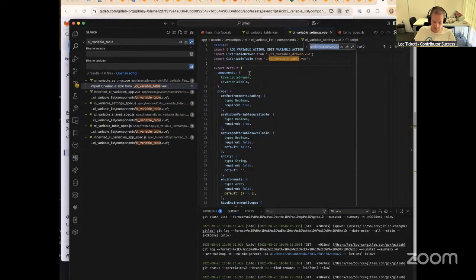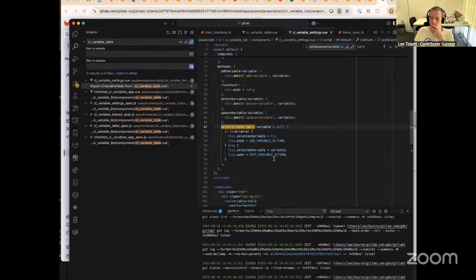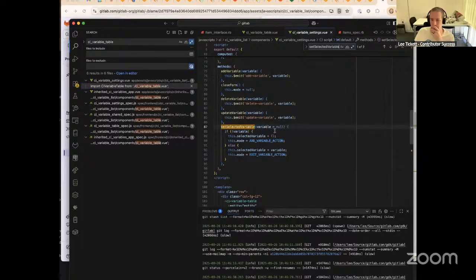This should have something that listens for set selected variable. So it's saying if it's not the same one, you add the variable. Not too sure, to be honest. Again, let's see if